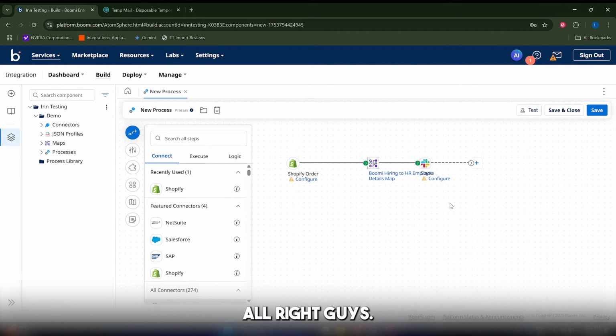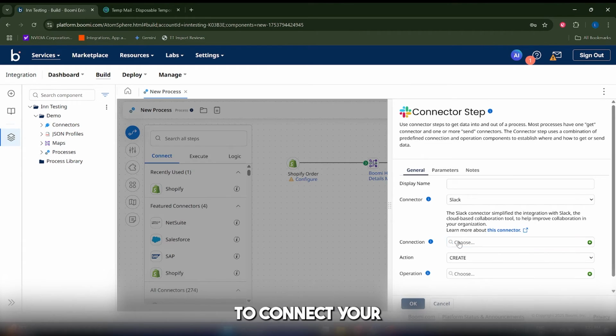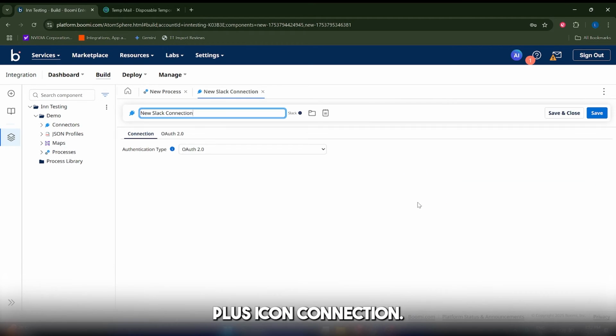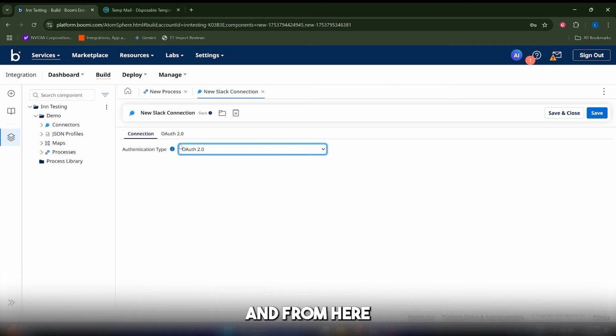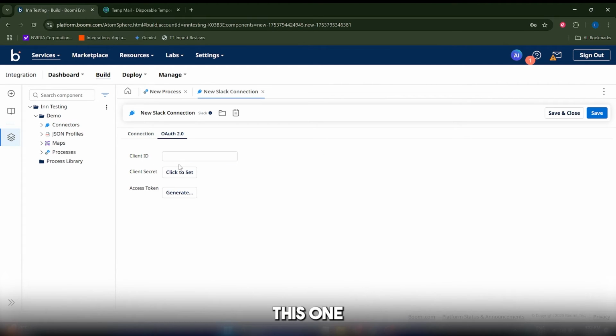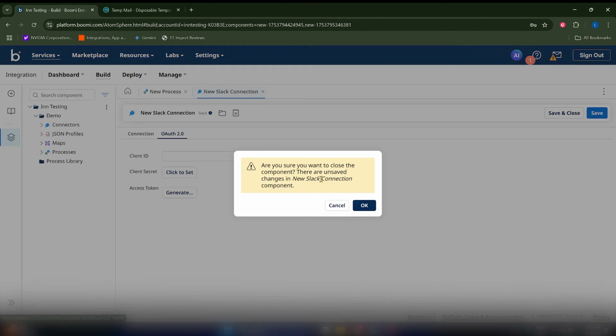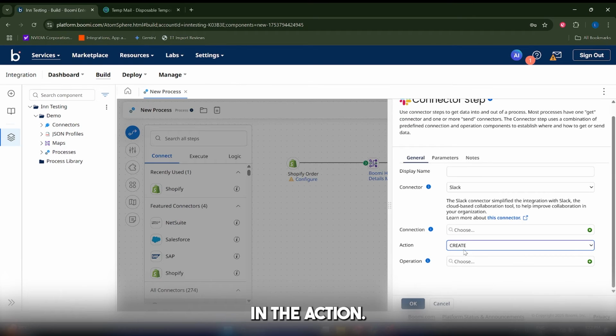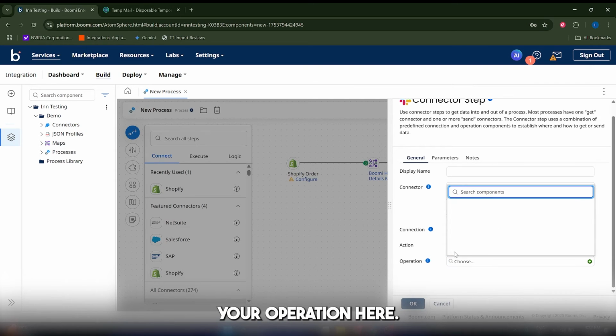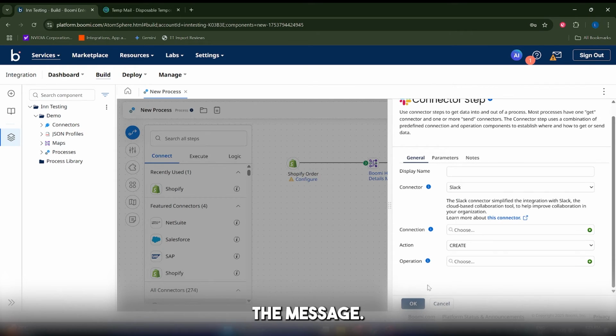All right, guys? Once again, you're going to have to connect to your Slack account. So just give this a name, click on this plus icon in connection. And from here, you can select your authentication type. Okay, and you can also select this one in case you want to access from your access token. All right, guys? So just make sure that you connect to your client in Slack. In the action, I'm just going to click on create, and it's going to create a message for us. Okay, so after you finish, you can get your operation in here and you can specify the message and click